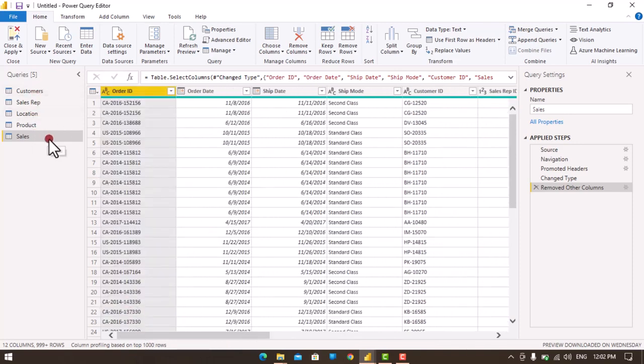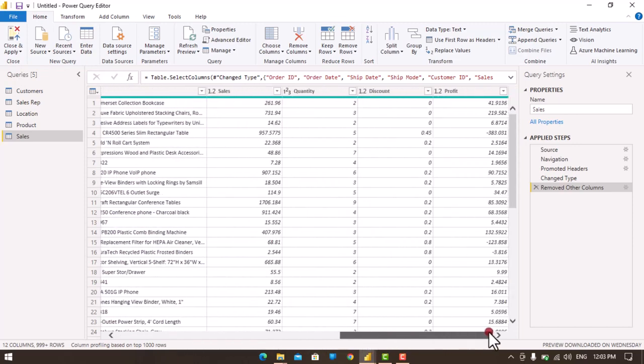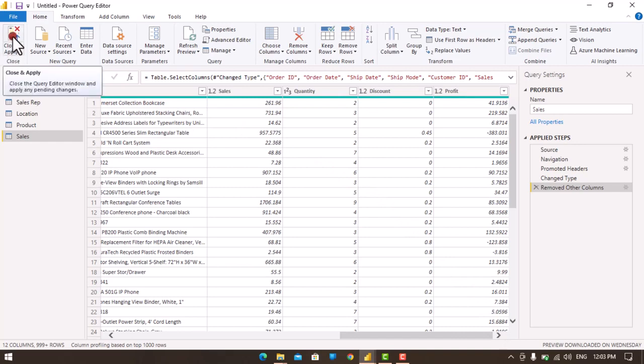Doing this, you have successfully modeled this data into different forms whereby you can uniquely identify a customer by a customer ID, a product by a product ID, then a sales rep by a sales rep ID. We are also able to identify all the various quantities that are required to be measured. So with this, we can say Close and Apply